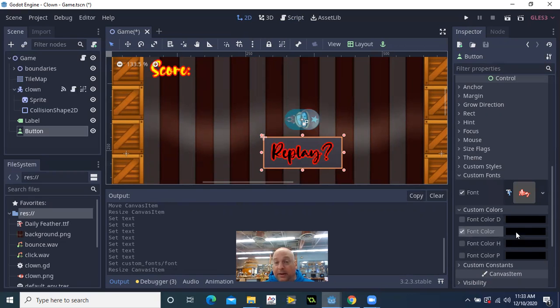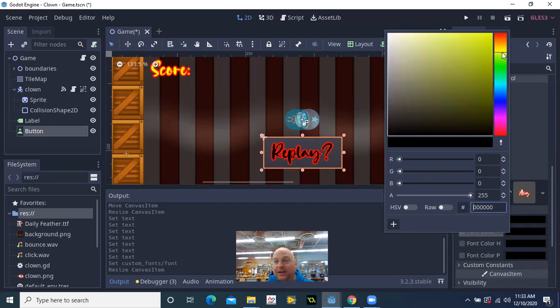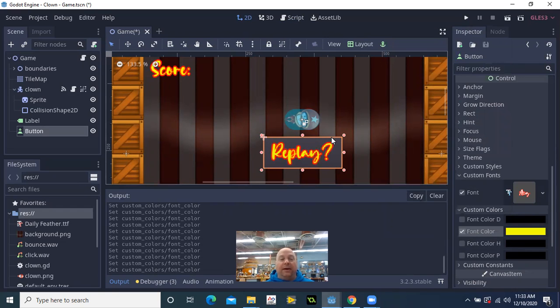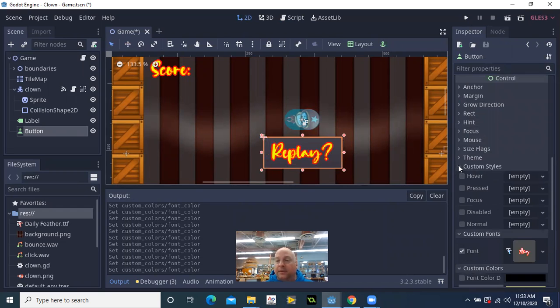Now, the button does something really interesting in that it will allow you to make it change depending on what's going on. So you can have the colors change if you're hovering over the button or if you're pressing the button. I'm not going to do any of that, but it can be a lot of fun. Another thing I'm going to do is make my button look a little bit better. So I'm going to go to custom styles. Actually, no, I'm going to go to,